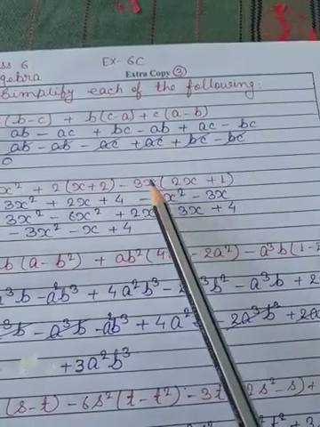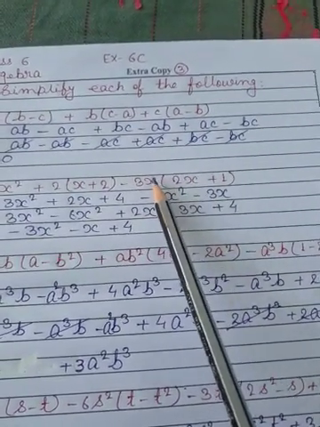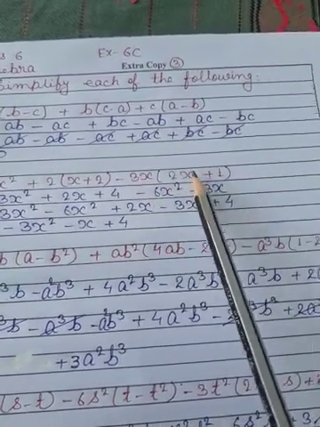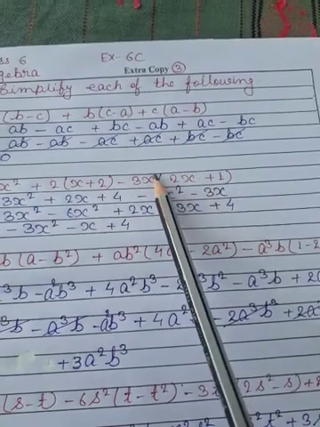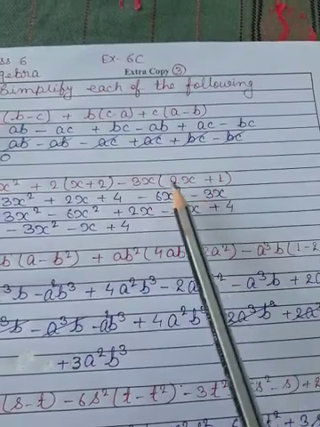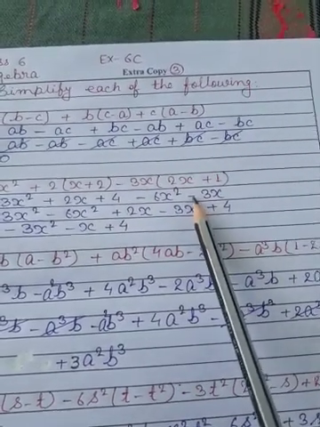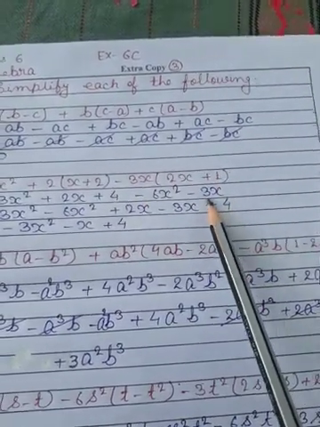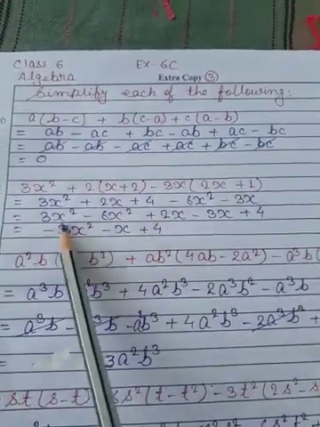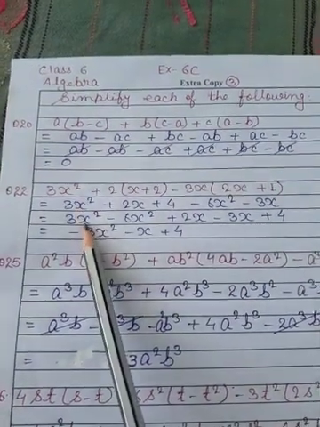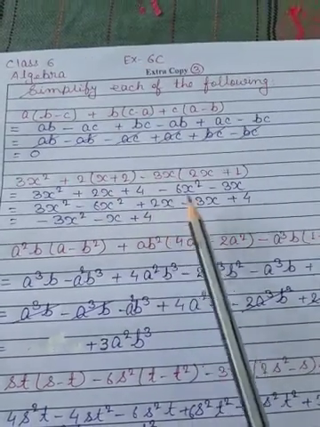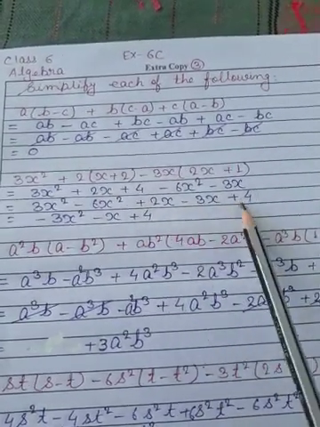As I told you last class, whenever we multiply alphabets, then powers of the same alphabet are added. Here the alphabet power is nothing, that means 1 is there, and here also the power is 1. So 1 plus 1 is 2, so x power 2. Now again minus plus minus, 3x multiplied by 1 is 3x. Now after multiplying the brackets, we will again arrange the like terms. So 3x square, now here minus 6x square, now plus 2x, here minus 3x plus 4.